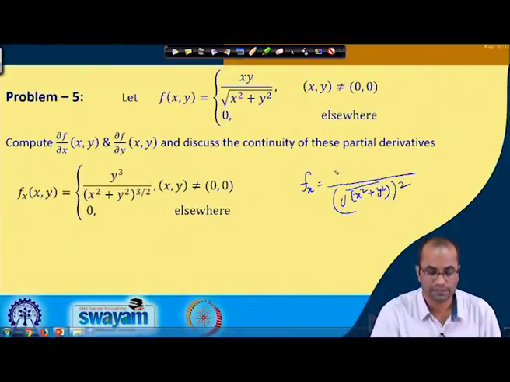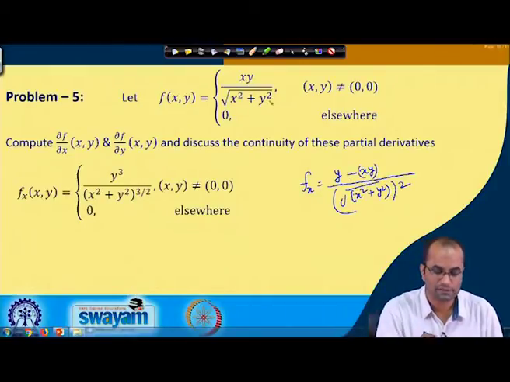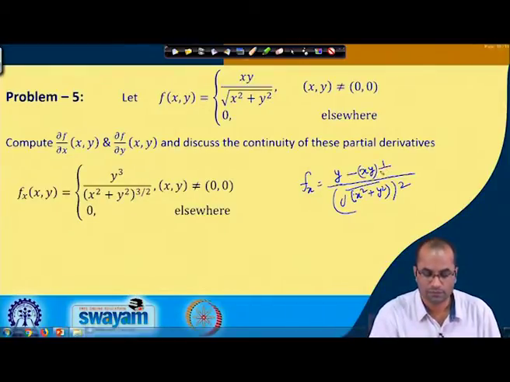So, here we will get the partial derivative with respect to x of xy will become y, and then minus this xy as it is, and the partial derivative here which will be 1 over 2, and then here this is square root of x squared plus y squared, and we are taking the partial derivative with respect to x. So, this 2x will come and this 2 will get cancelled, and then we can multiply here this y term in x squared plus y squared, and then we have minus.